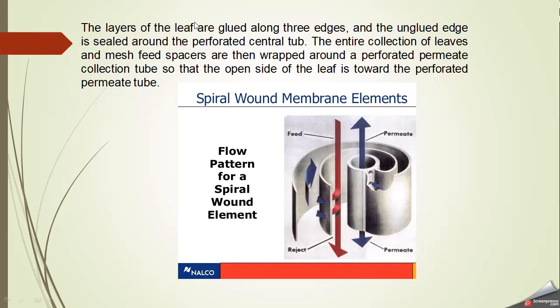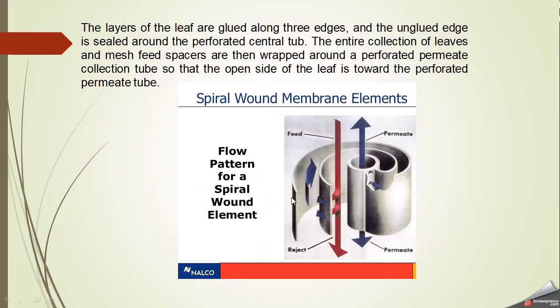The entire collection of leaves and mesh of feed spacer are then wrapped around. This is another cut side of this spiral wound membrane, courtesy of Nalco, which is a big water treatment company, and there is a flow pattern in this. You can see this is a feed channel, and this is a permeate collection tube, and permeate is collected in this channel. This is the support of the membrane,